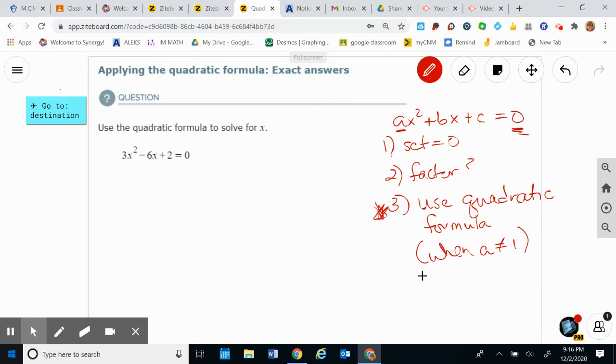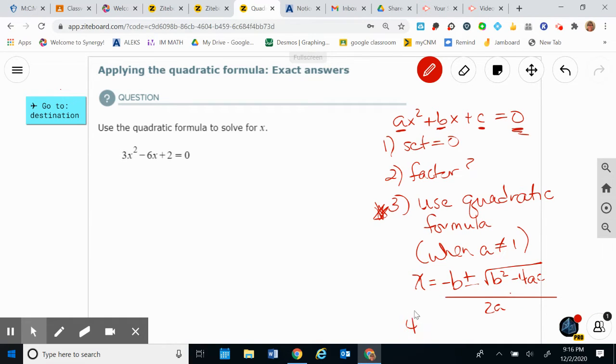And the quadratic formula goes like this. X is equal to negative b plus or minus the square root of b squared minus 4ac all over 2a. That's the quadratic formula. And all you do is identify a, b, and c and plug it into this formula,